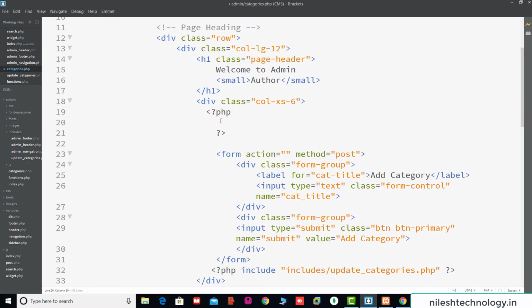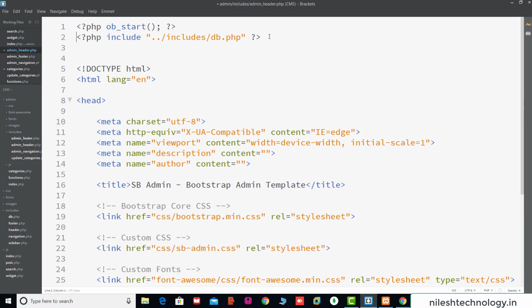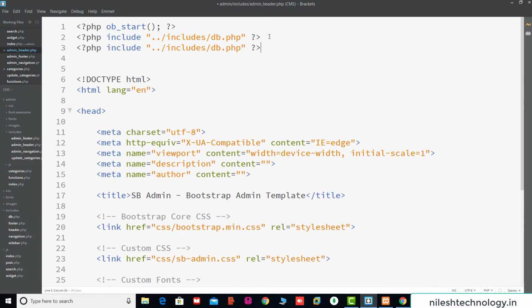So here we call the function insert_categories, and include this db functions file inside this admin_header.php file. So here we include this functions file, functions.php, but this file was under the admin section, not the parent section. So here we directly use functions.php.